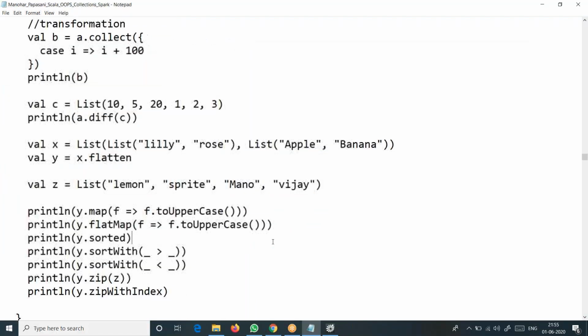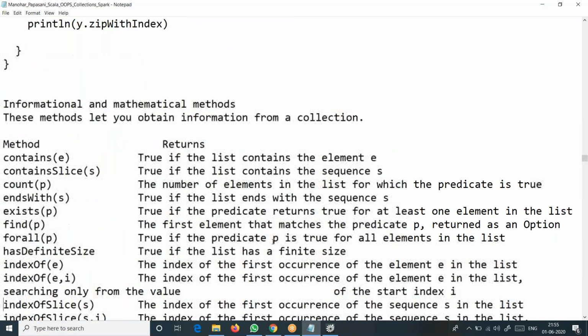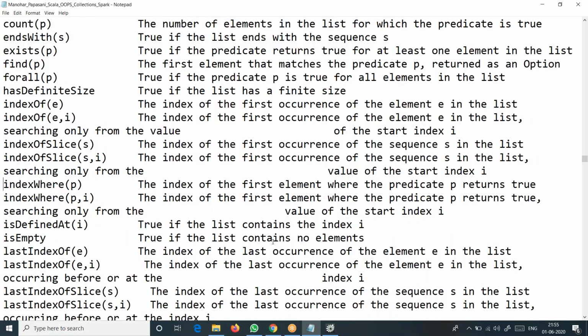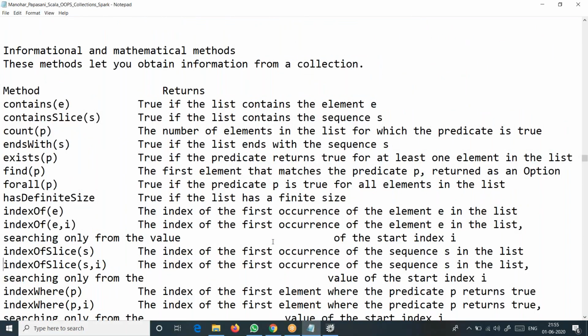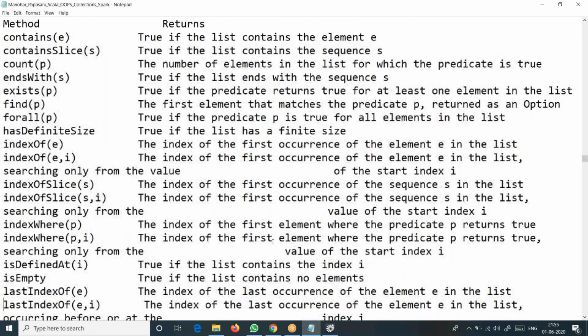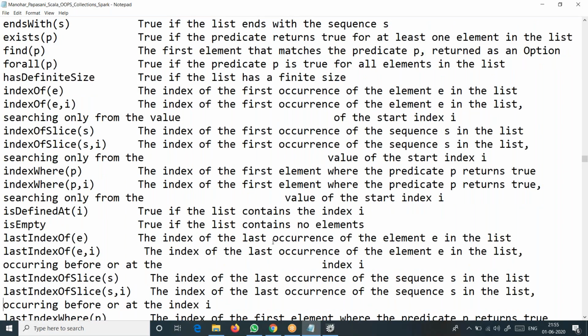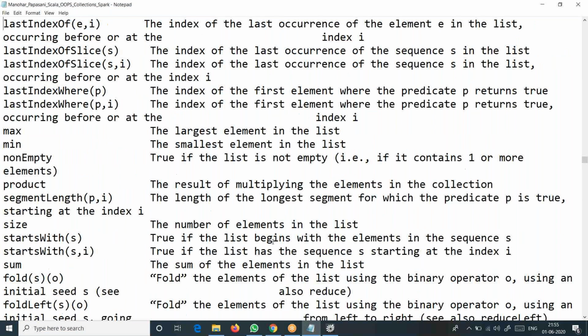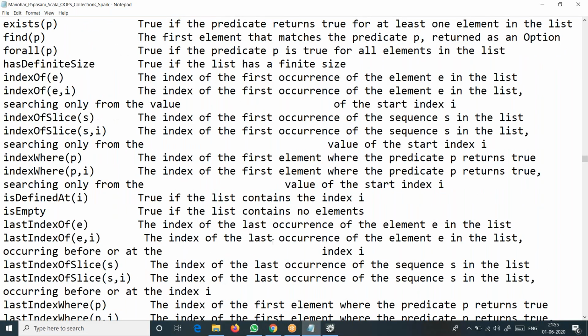Okay, let me switch to the next set of methods. There are so many methods here. I am not focusing on all of them, but we focus on something important here, so we don't need this many slices. Index of slice, you can see there are so many.